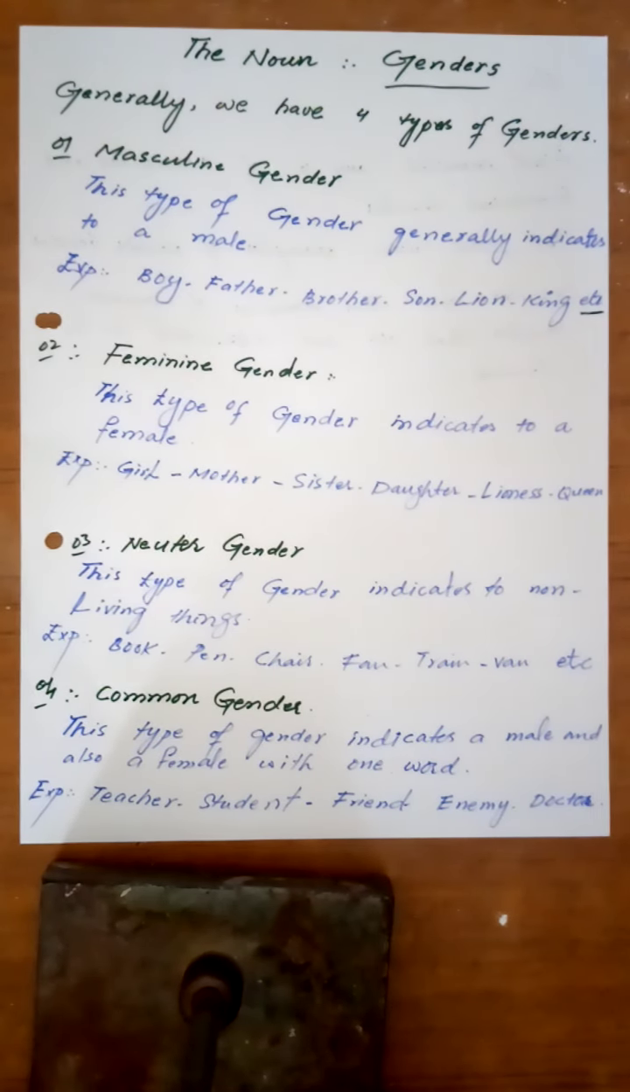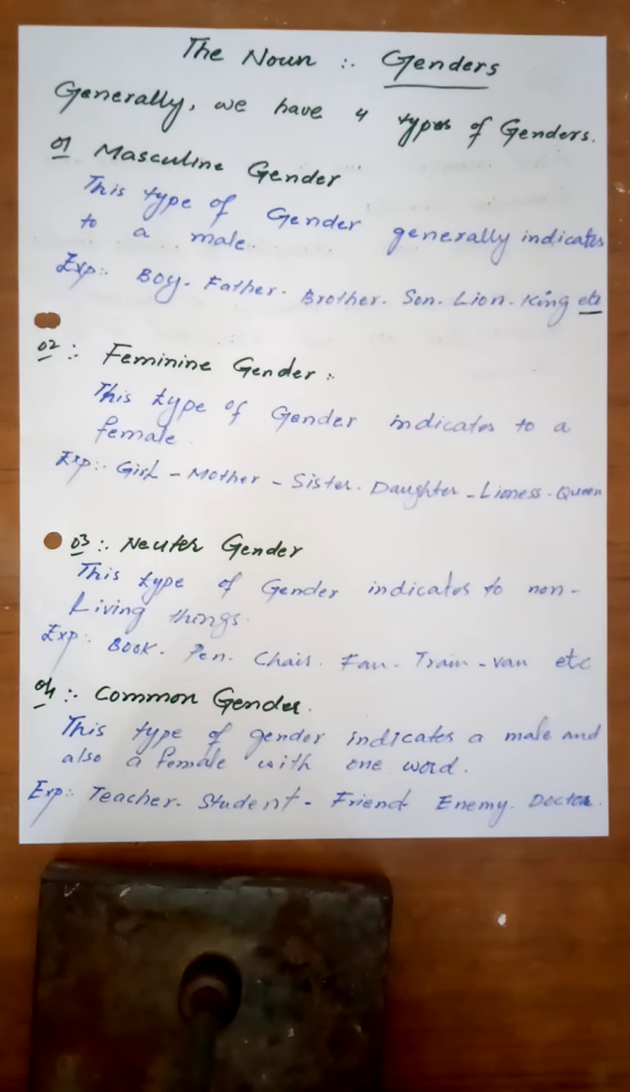Number 4, enemy. If you have a friend, you might have an enemy. Okay, so enemy means dushman in Urdu or Sindhi. So enemy. If a girl is another girl's enemy,